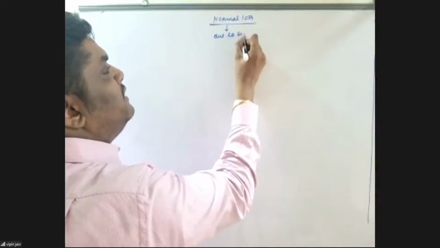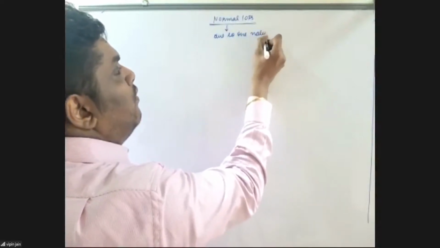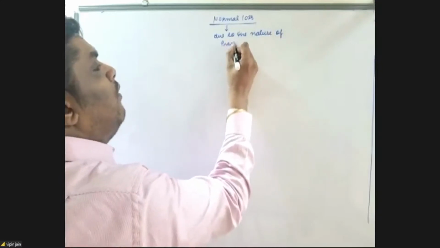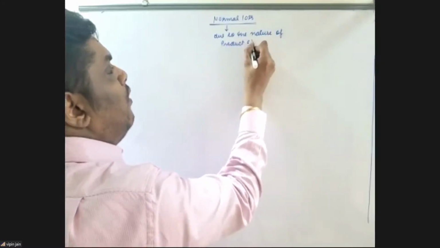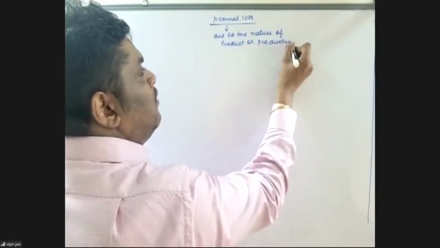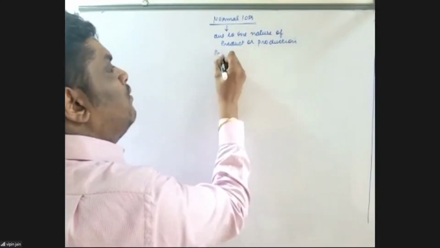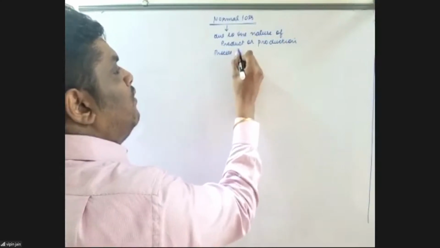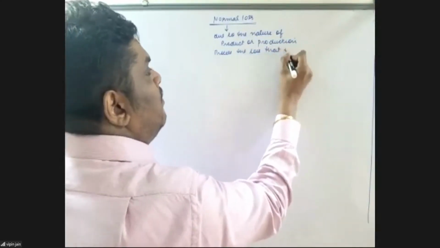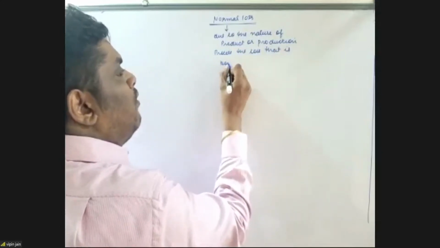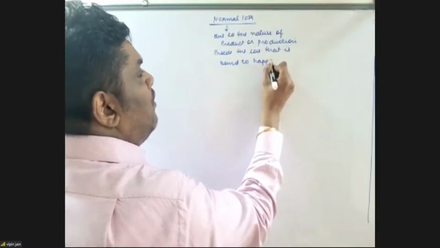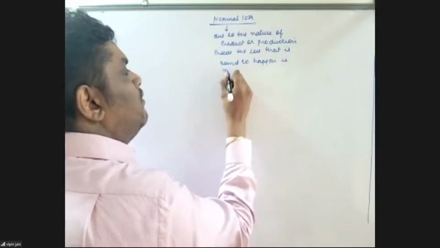Due to the nature of product or production process, the loss that is bound to happen is